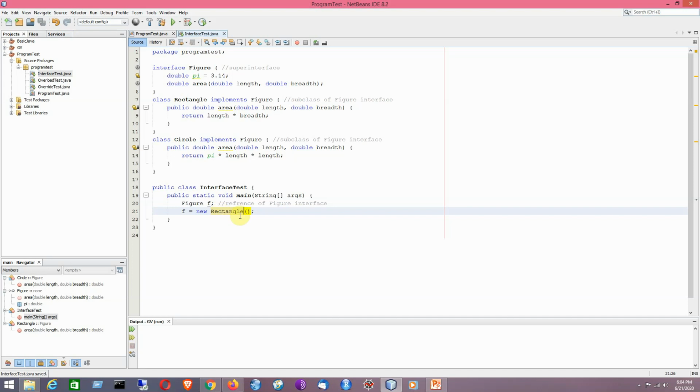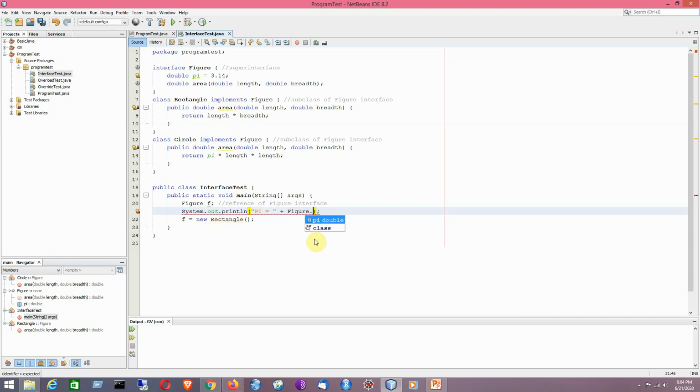Now say for example, before creating the object of the subclass, I would like to access this variable named pi here. Since I have told it that it's static, final and public, I can access it from here by using the interface name directly.